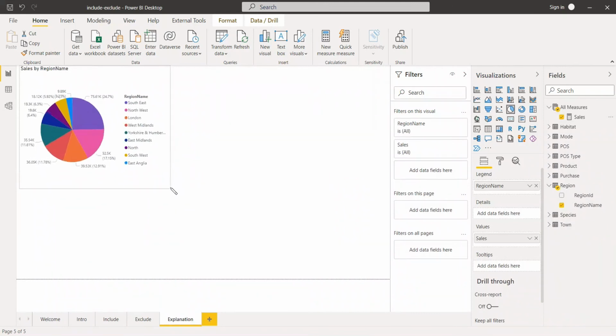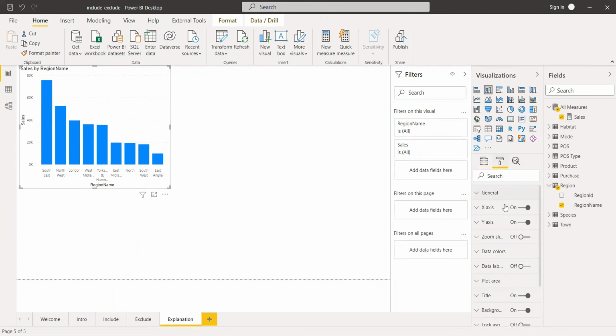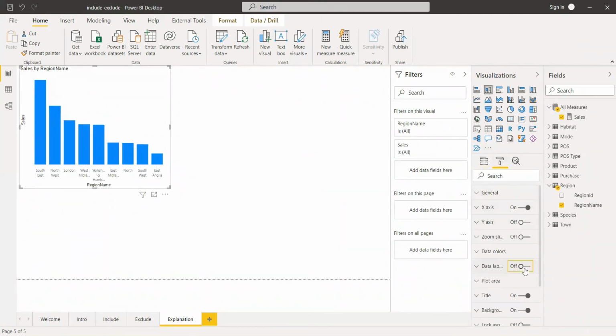I don't think this is that clear, so we'll use this chart itself. Yeah, I'm using this chart, and we don't want the axis. I'll do it with labels. So right now we got this chart, and we want only the value of London, or we want only the value of Southeast.